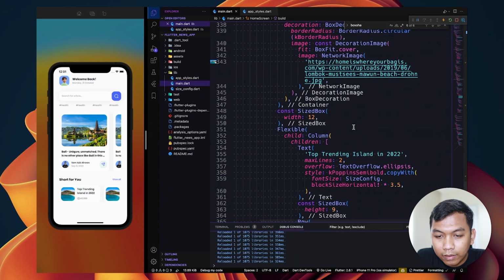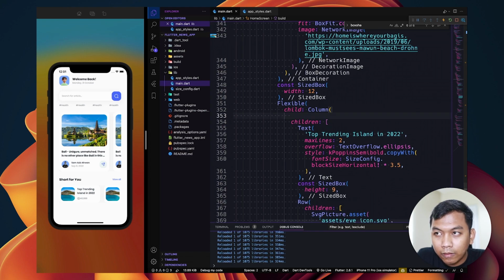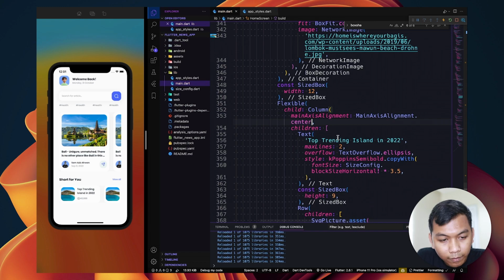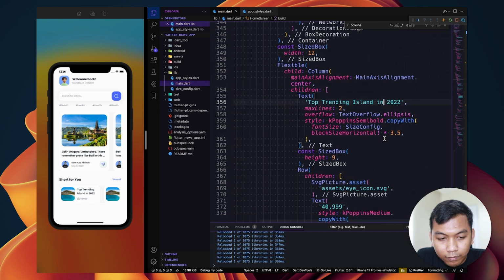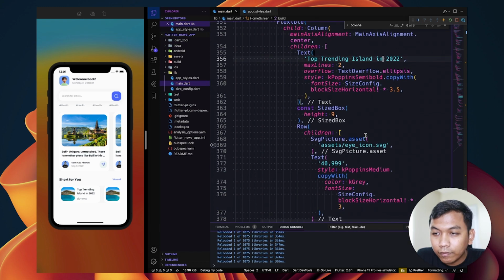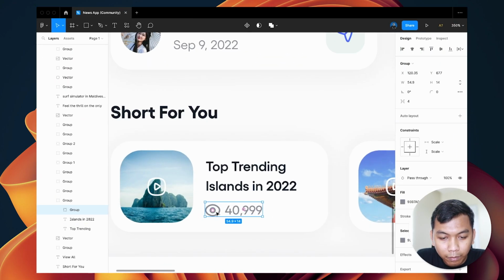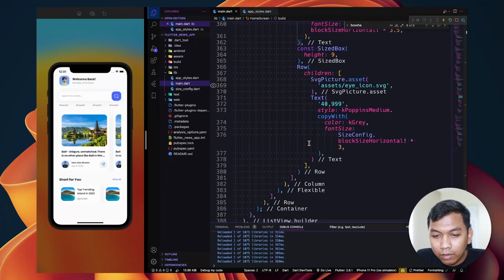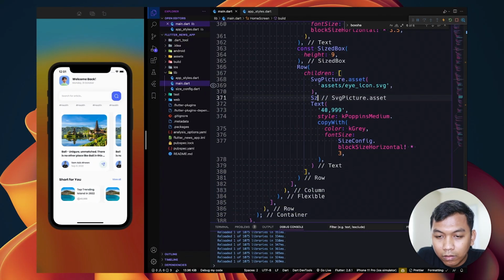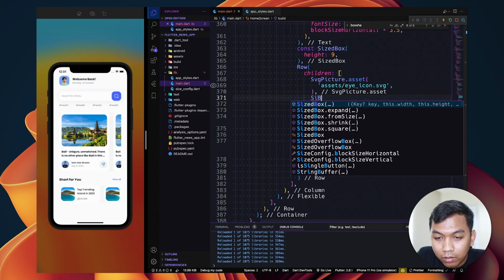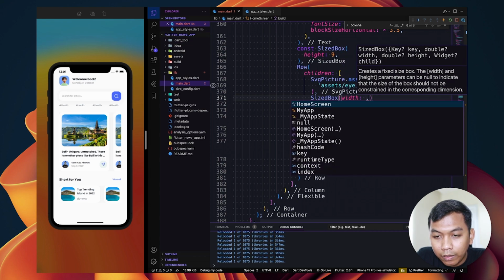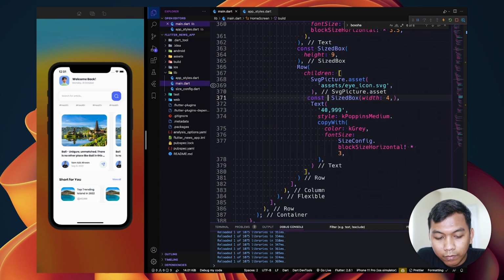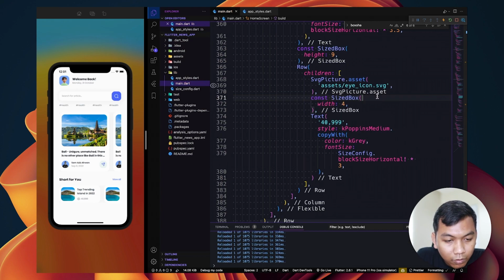And here, let's set it to be center. Maybe here a little size box, maybe 4. Look like this.